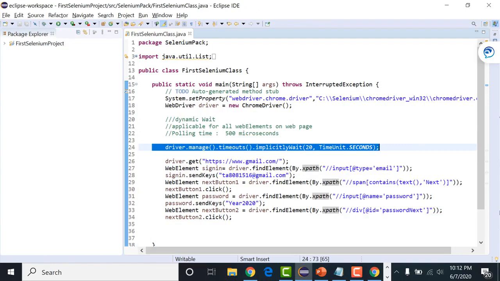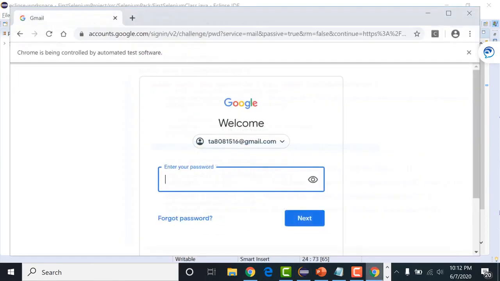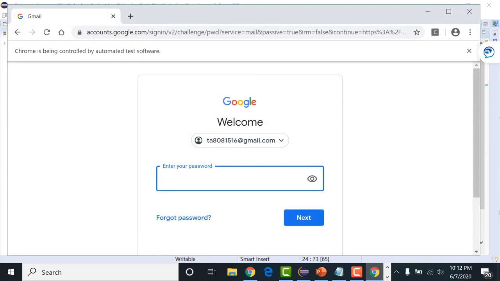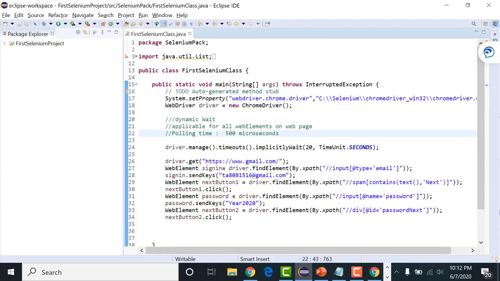So that is the drawback as well of implicit wait, you can see, because in future you may want to say that for this particular page I have to wait for 20 seconds, that is the max timeout, but for some other actions, I want to define only 3 seconds as my max limit. But that is not possible, because in implicit wait you can define it one time and that will be applicable for all the elements. That is not a good thing. That is the drawback. This is the feature, but actually this is the drawback of implicit wait.